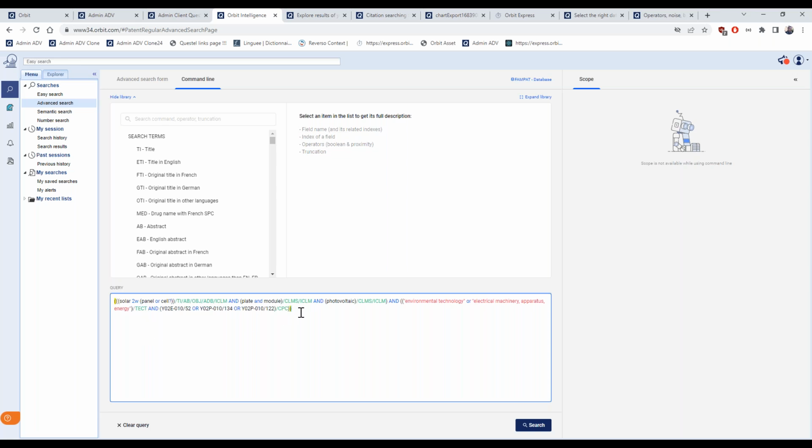And the yellow highlighting is showing you, when using brackets, where the query starts and where it ends. So if you put too many brackets or too few, this helps you understand where the query and the subnesting of the query is going. So I added a bracket here. Now I see that it's split from here to here.